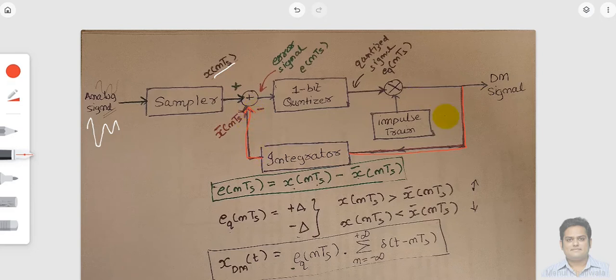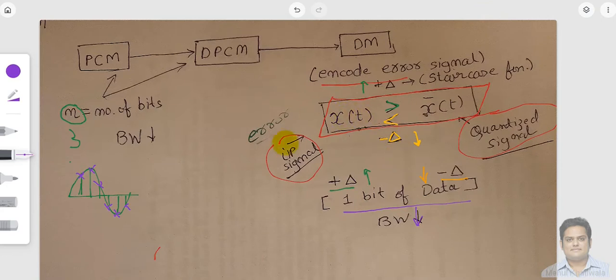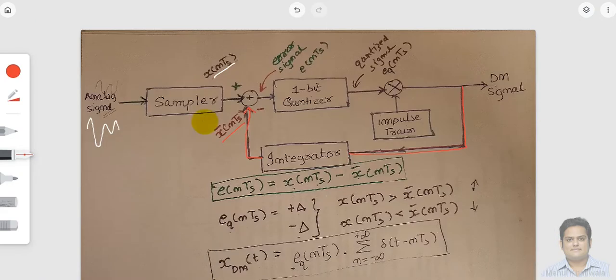So this is the feedback path and I'm calling the received signal X bar of nTs. We are just sticking to our previous notations: this is my input signal, and this is my quantized signal, that is X bar of t. So you can easily view that, right? This is your X of nTs, which is the input signal. This is your X bar of nTs, which is your quantized signal.